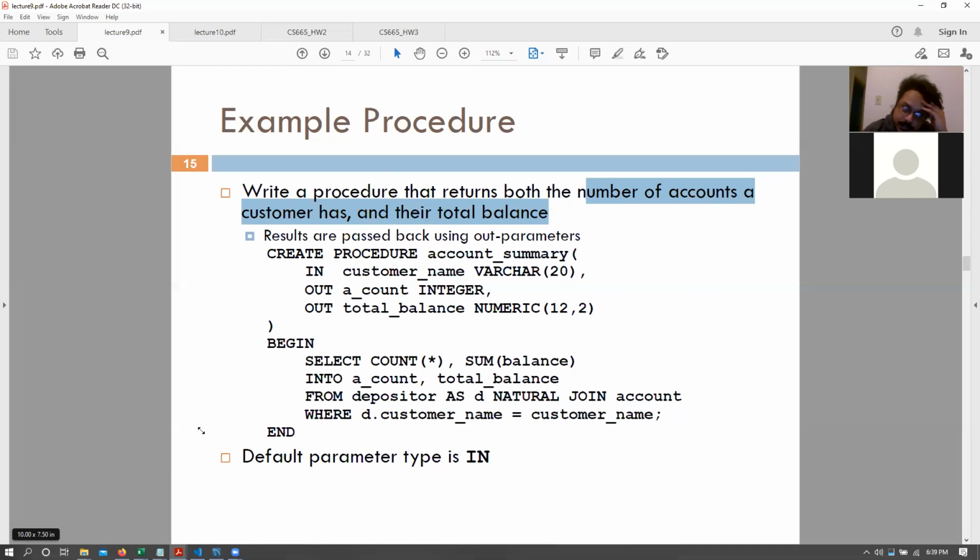I want everyone to answer. Yes or no? Can we do the same thing using functions as we do here? Yes, you are correct. Functions are not allowed to edit tables, but here we are not editing any table, right? We are just performing a select operation. We are not inserting into anything. We are not updating anything. So it is not that.